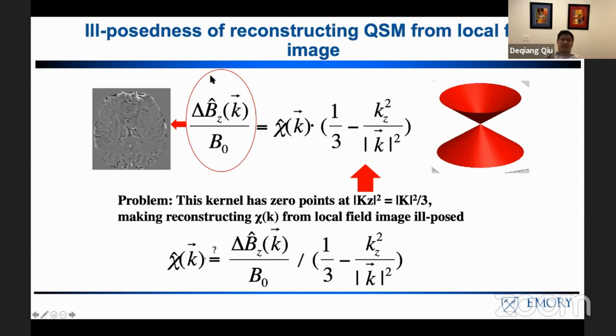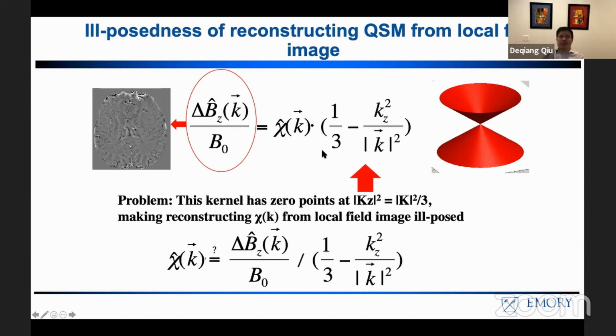And then the last step, after you perform the background field removal, is to perform a dipole deconvolution in order to obtain the magnetic susceptibility distribution chi here. You can measure the relative magnetic field perturbation using the phase, and what you want is the magnetic susceptibility distribution. And in the Fourier domain, they have this simple pointwise product relationship, and this is the kernel of